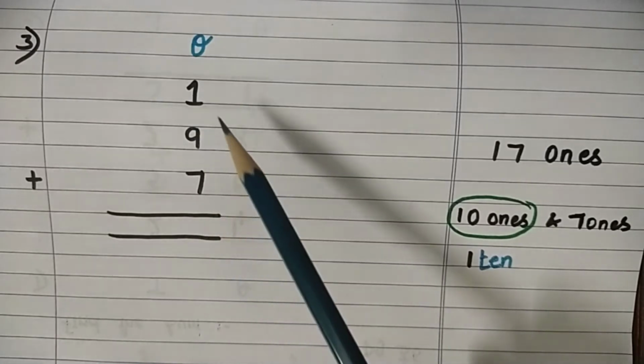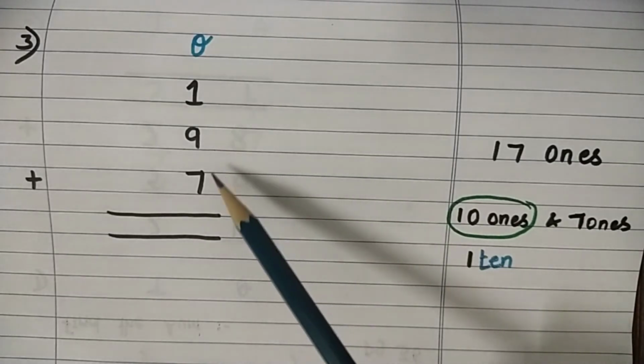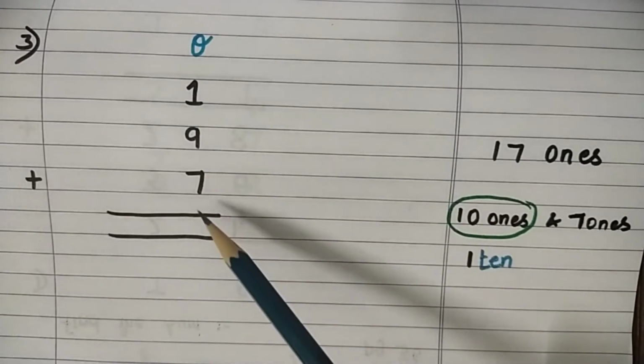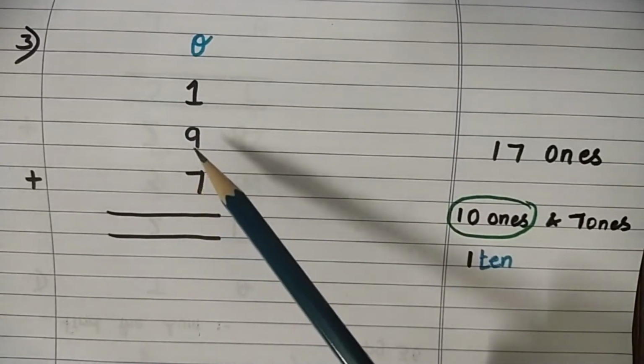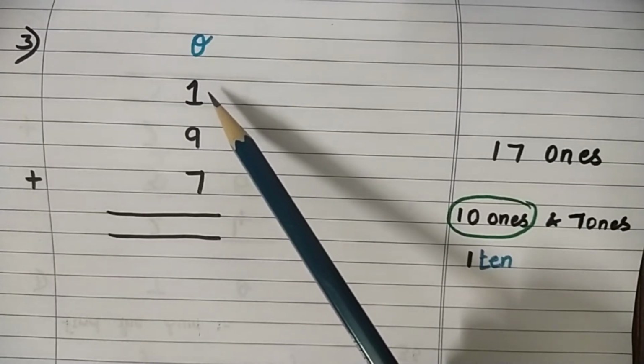See here we have 3 single digit numbers. Think which two numbers put together give a 10. For that we have to think which is the biggest number. See here, which is the biggest number? Yes, 9 is the biggest number. So with a 9, if you add a 1, you will get a 10. Yes, children? Yes, you are correct. So 9 plus 1 gives a 10.